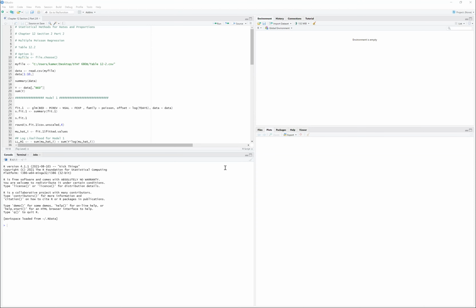Hello, everyone. We're working through statistical methods for rates and proportions, chapter 12, section 2, part 2. In this section, we're going over multiple Poisson regression. The section starts off with the derivations of the multiple Poisson regression, and then we're going to move on to an example, which is given in table 12.2 on the nursing home